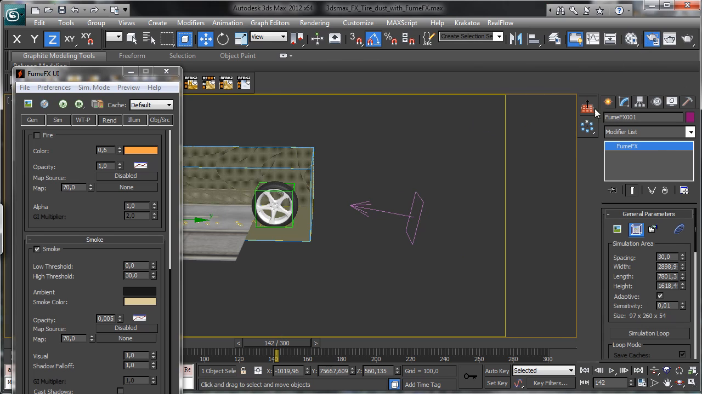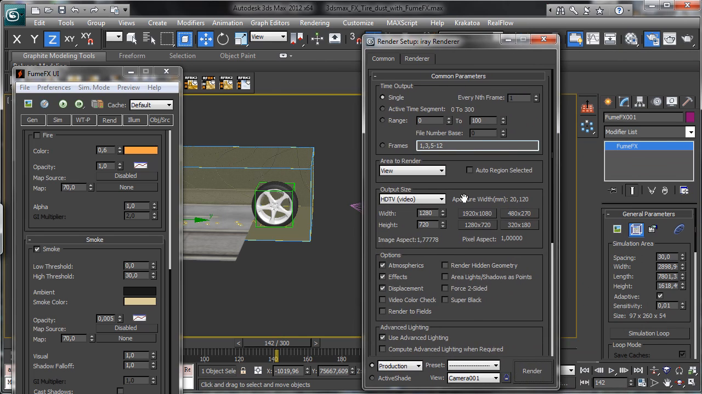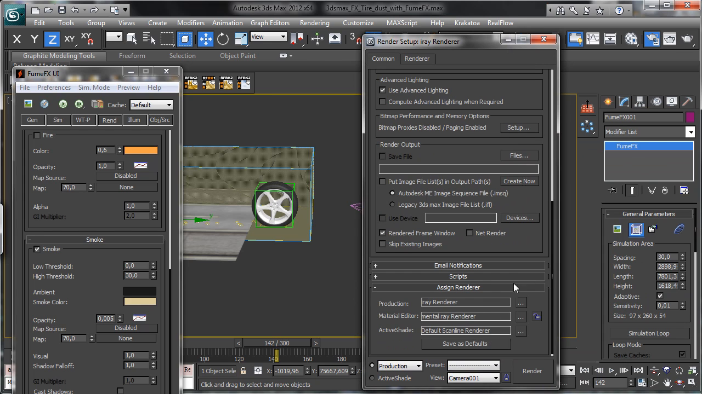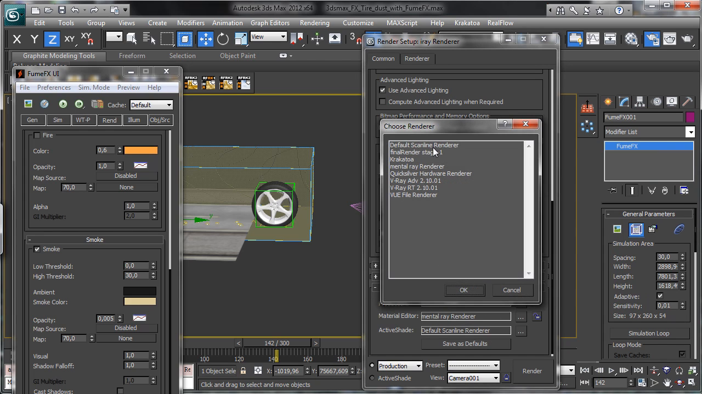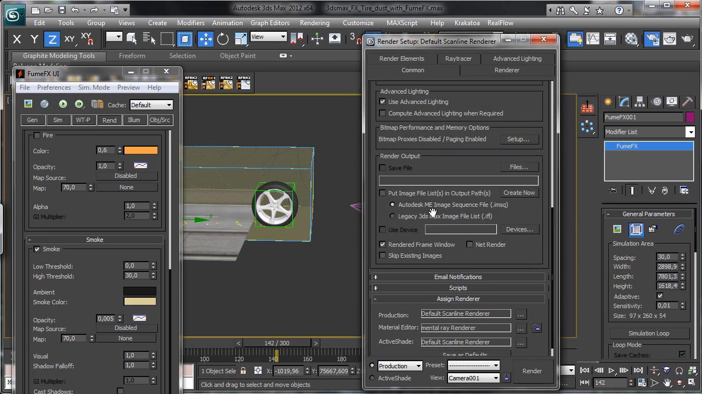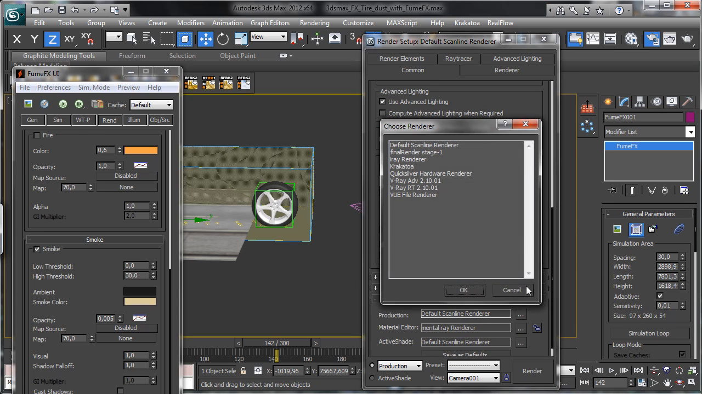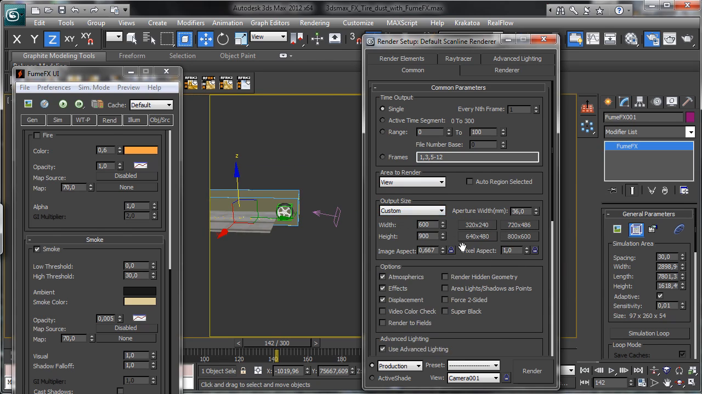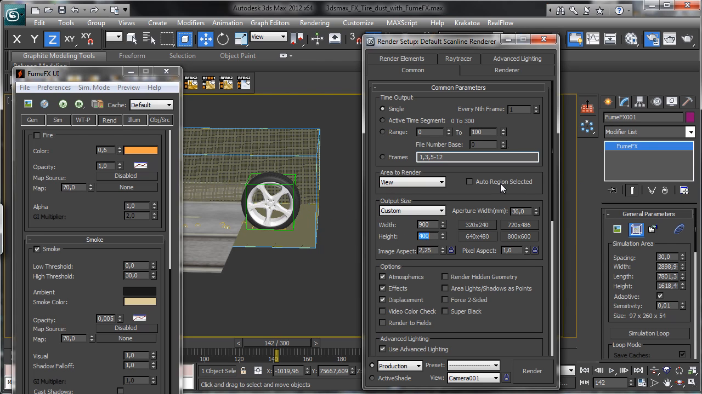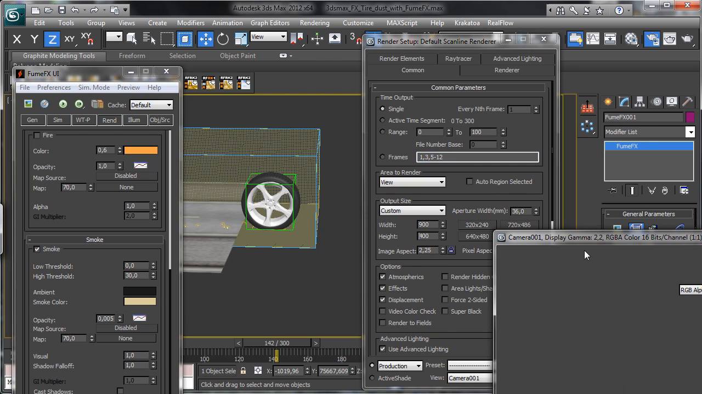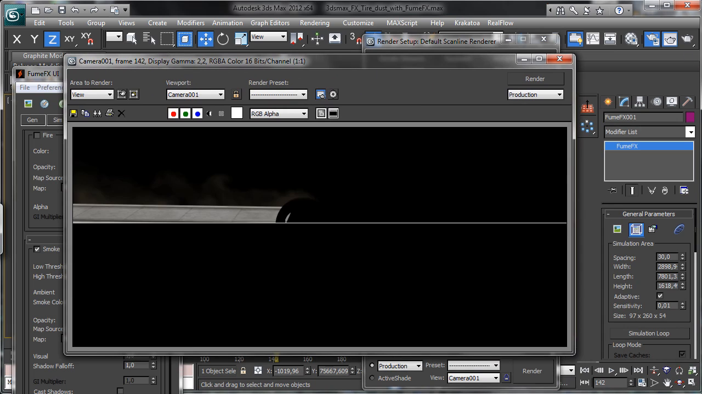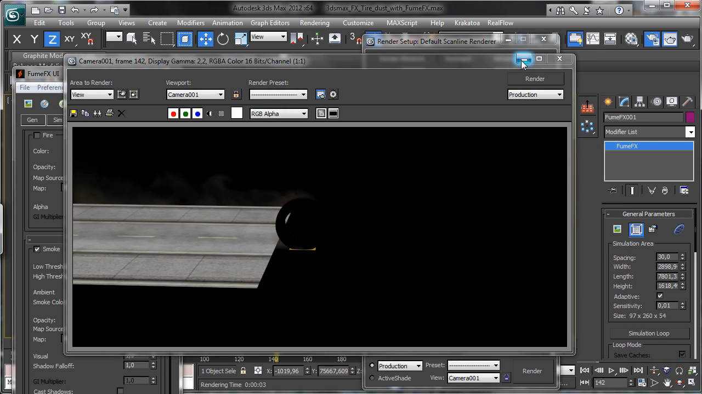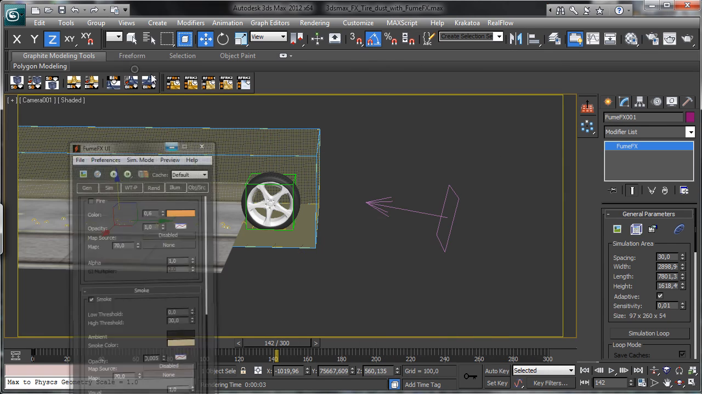Let's see what we have if we render a frame. Let's say to use the full scanline, and we need the same rendering engine there. Let's say custom 900 by 400. Let's see what happened. You see the dust is really low, so we can have